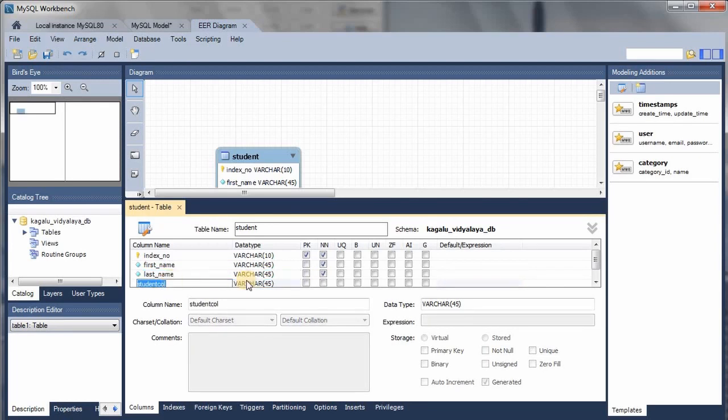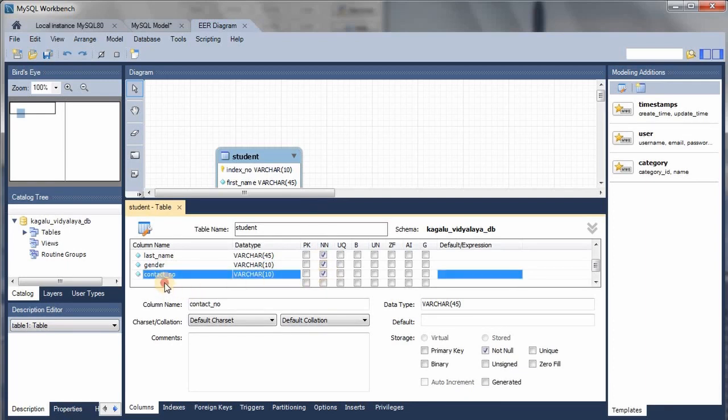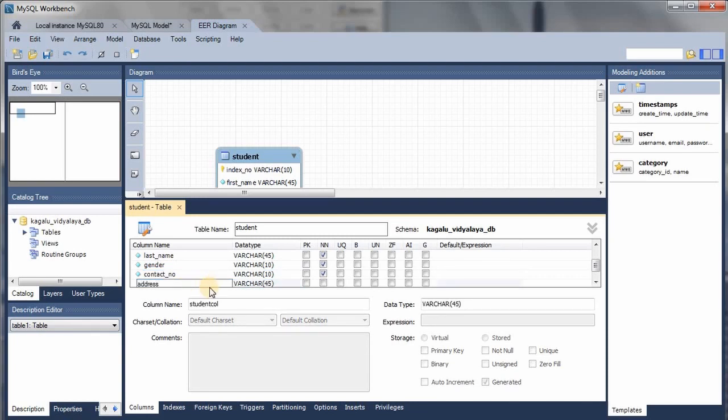Okay, and here's the fourth one, gender, with a character length of 10, and here's the fifth one, contact number, with a character length of 10, and here's the last one, address, with a character length of 60.